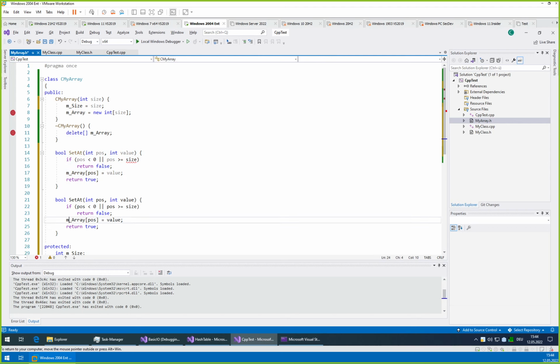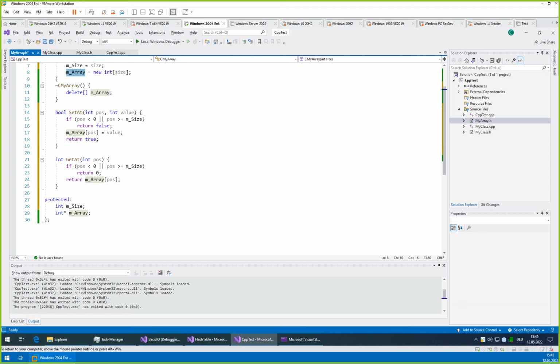And then we also need our int get at position. We don't have a value if this is not true, so return. We have to define some value for what is to be returned if it's invalid. We could go with -1 or 0. Let's go with 0. Or else we return the value at the position. So now, if we would only use those two functions to access our array, we can effectively avoid ever writing past the boundaries of the allocated memory.